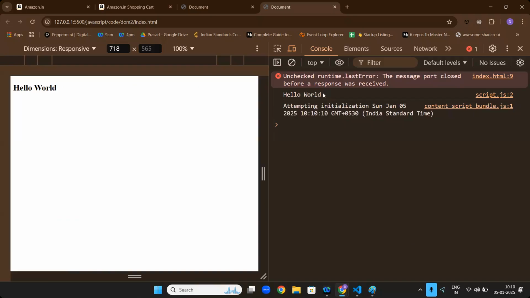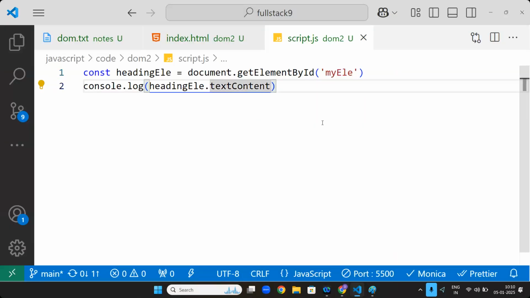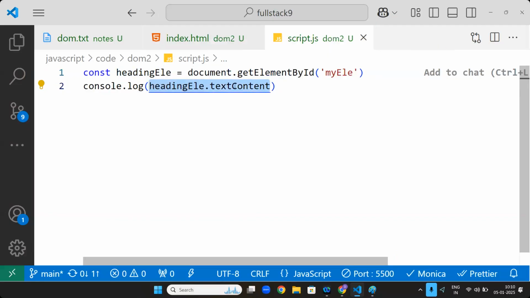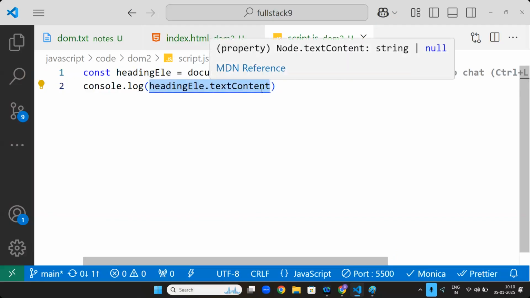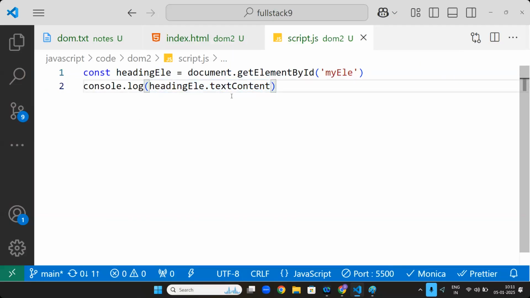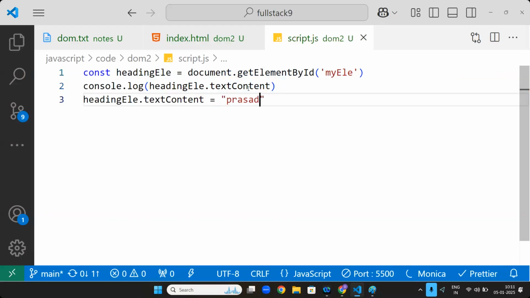Right or not? Now I am going to do the actual trick. Look, heading element dot textContent is hello world, because you wrote hello world in HTML, right? Now I will say, no, heading element dot textContent should be Prasad. Did I write Prasad in HTML? In HTML, what did I write? Hello world. But